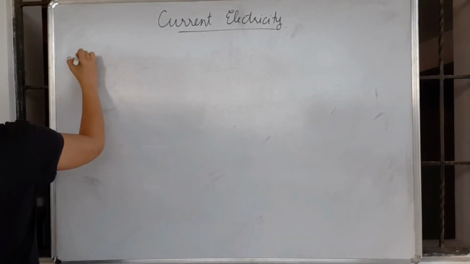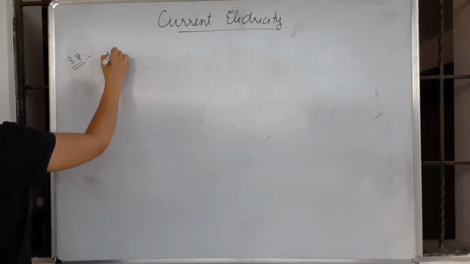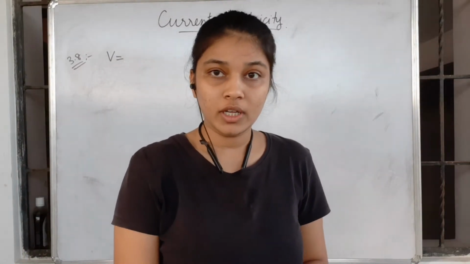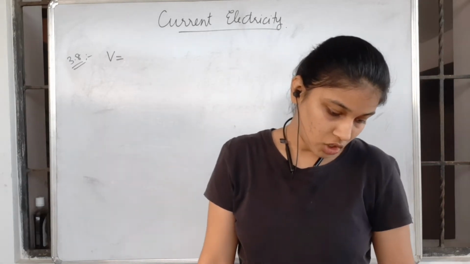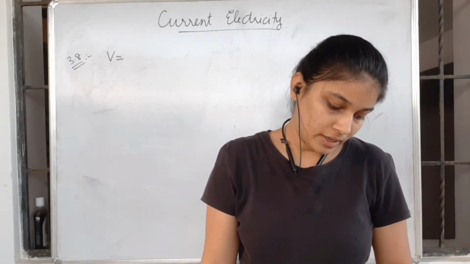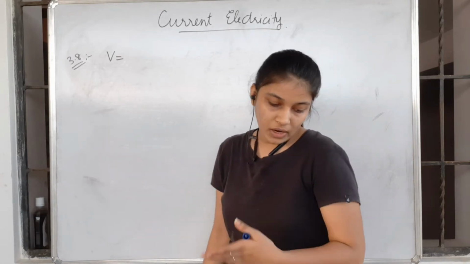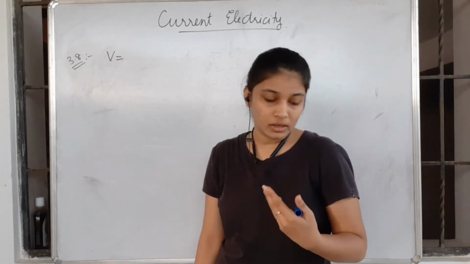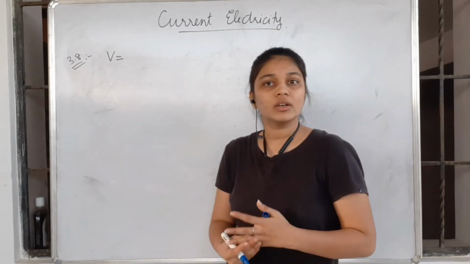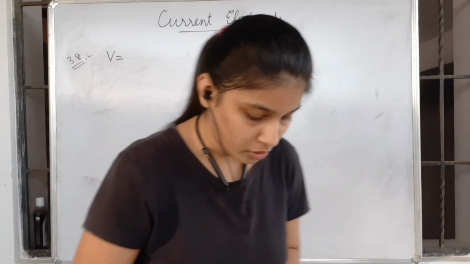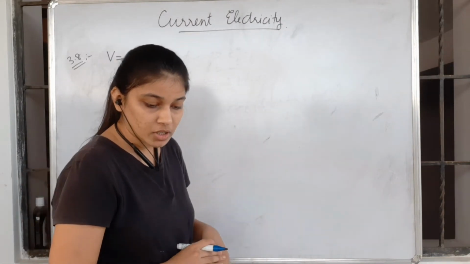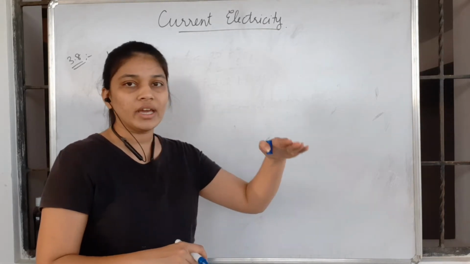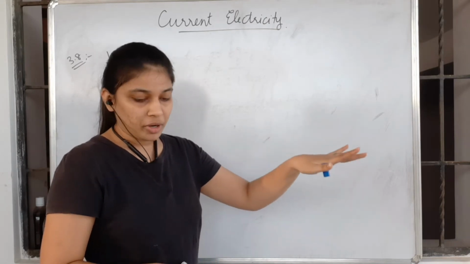So instead of directly giving the resistance value, they have given the voltage. The heating element using nichrome is connected to a 230 volt supply and it draws an initial current of 3.2 ampere, which settles after a few seconds to a steady value of 2.8 ampere. What is the steady temperature of the heating element if the room temperature is 27 degrees Celsius? So this nichrome becomes steady after some temperature, and they are asking for that temperature.